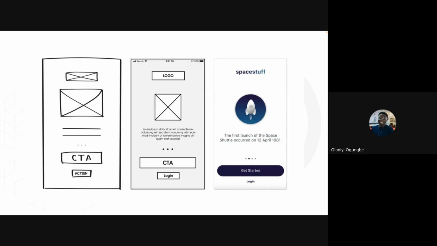Edward says, what's the difference between CTA and action, or can they be used interchangeably? Well, they're actually both actions, because CTA means call to action. Like I said, sometimes it is dependent on how the person does their rough sketch.